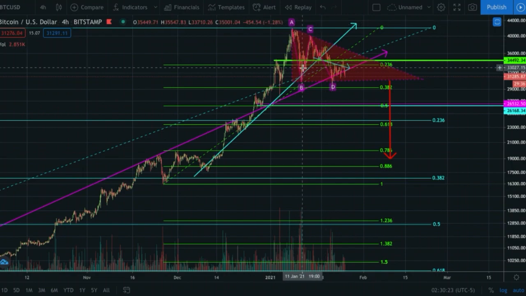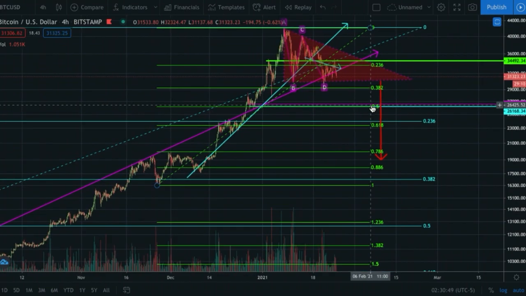When we came down and touched that 0.236, we confirmed that we could potentially be fibbing and topping out. And then obviously that big move down was to the 0.382. That second move down is basically just coming down to the 0.382. Is it possible we get a 0.382 retracement and then continuation? Of course. But at this point in time, you have to go with the favors based on patterns, previous trends, etc. So I'm expecting us to come down at least to the 0.5.